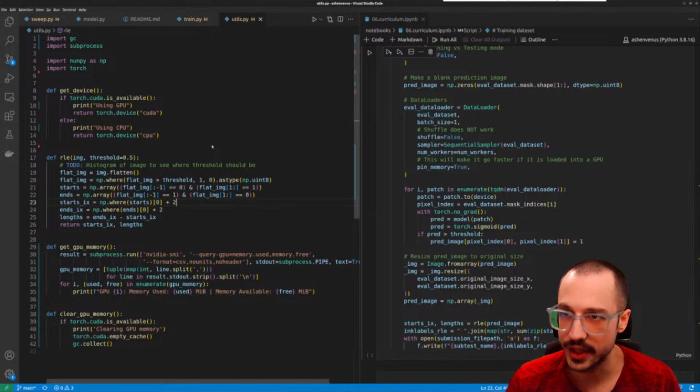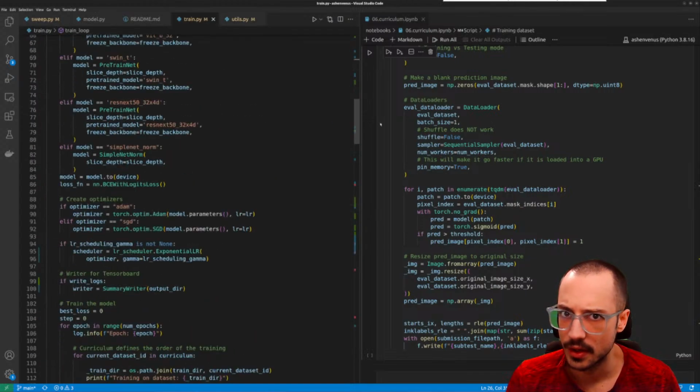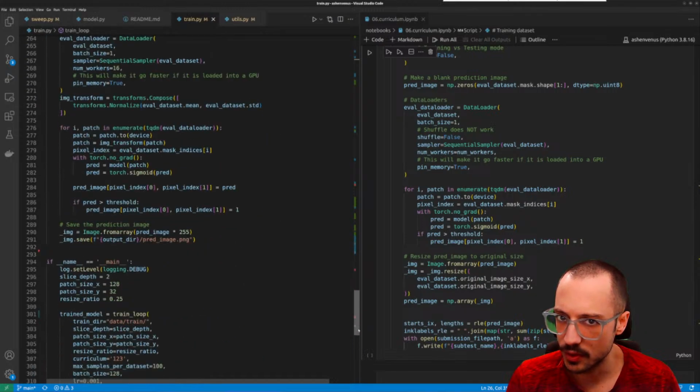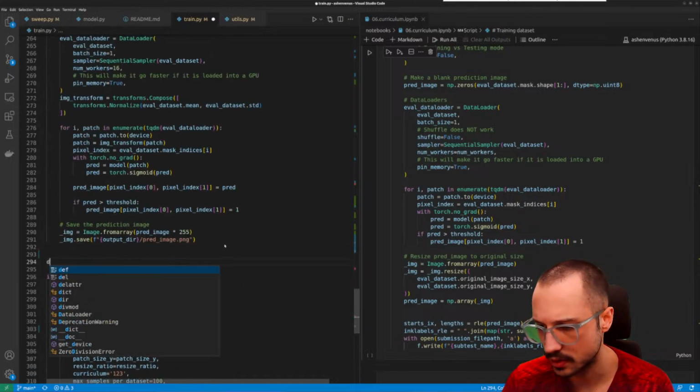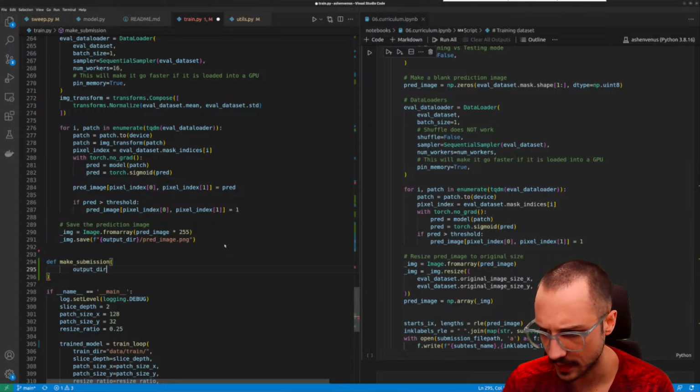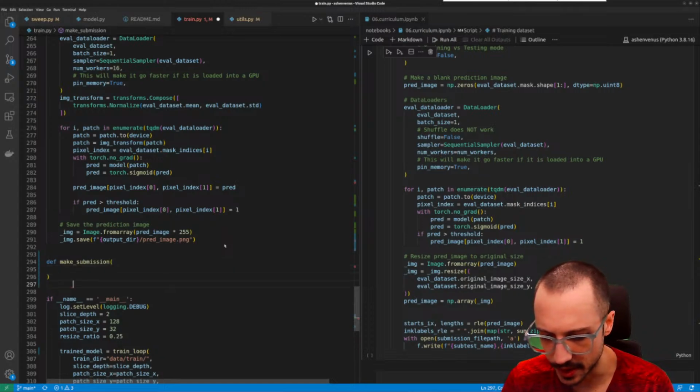Back to our train. Have our evaluate, and then we'll do evaluate or make submission. Output dir. Here's where we're going to put our